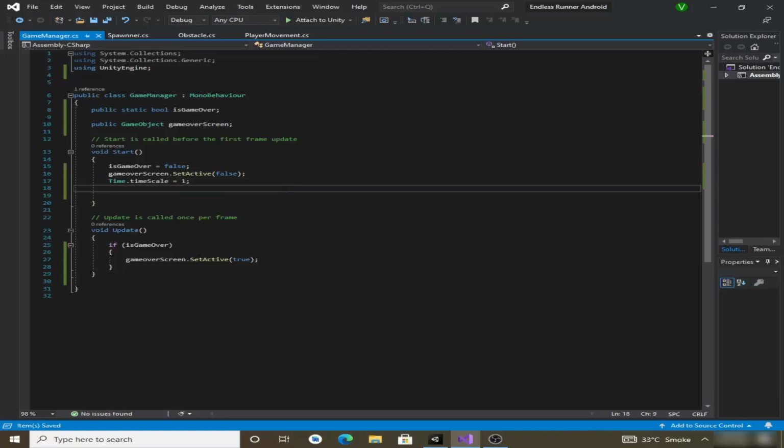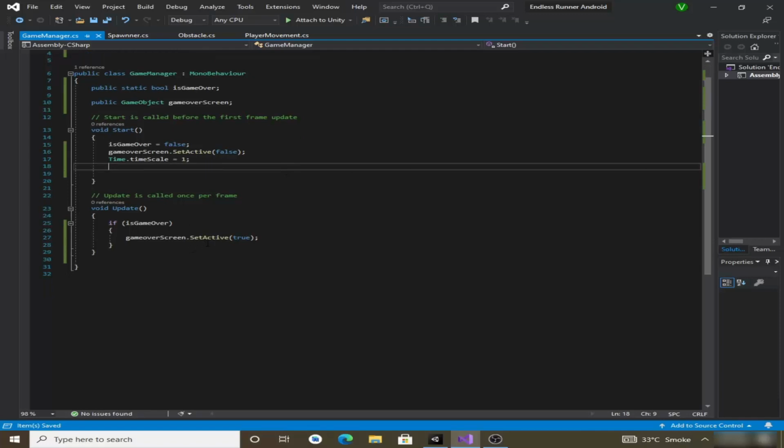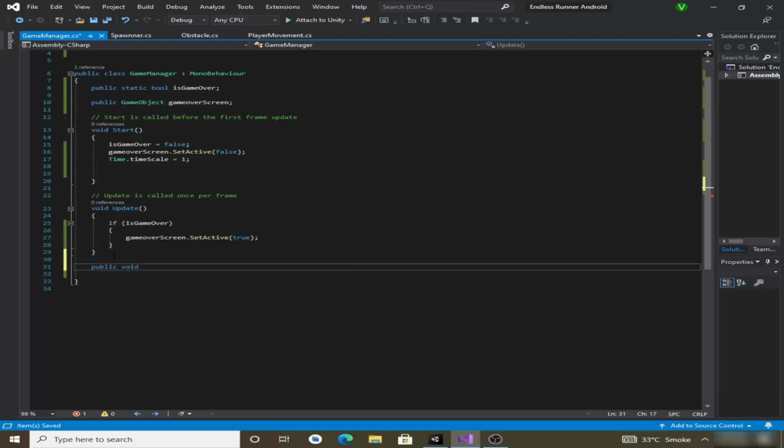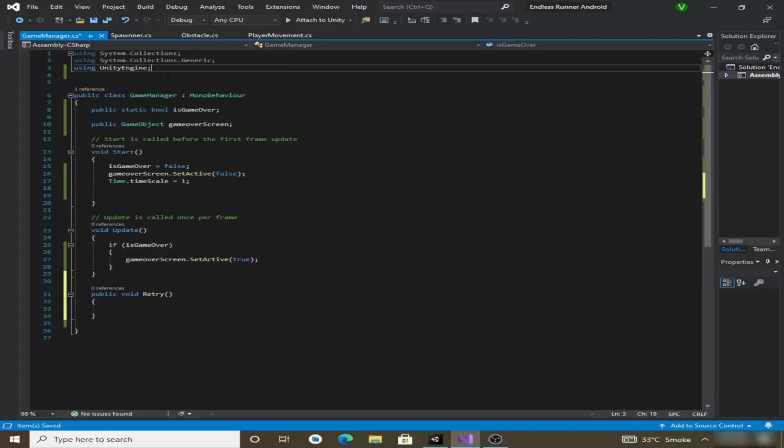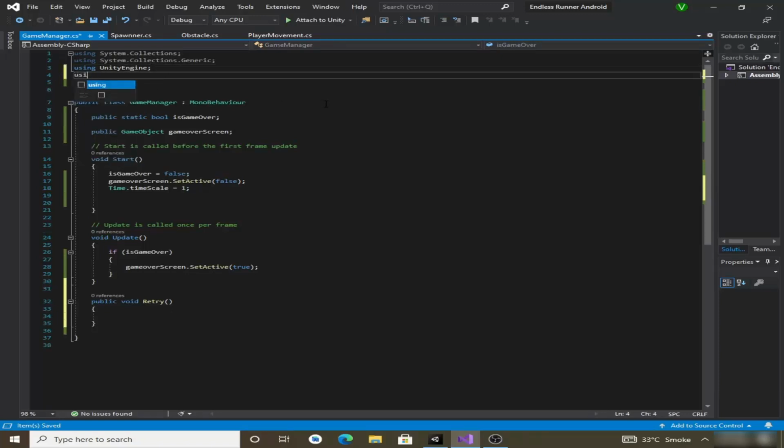Now we will also make a separate function for retry. So let's make a new function, public void, and name it as retry. Now we will use Unity's scene management, and to use that we need to add the namespace at the top of the script. So write using UnityEngine.SceneManagement,